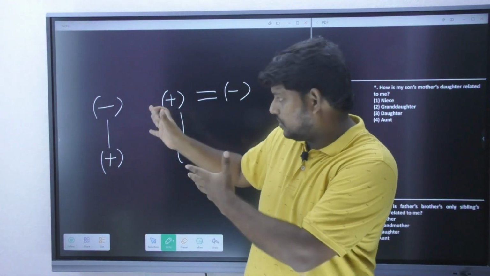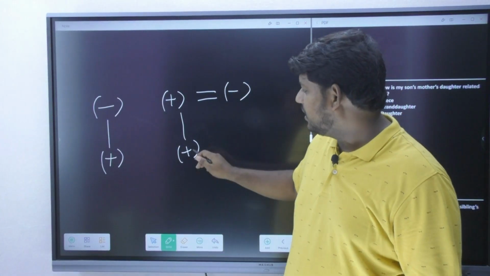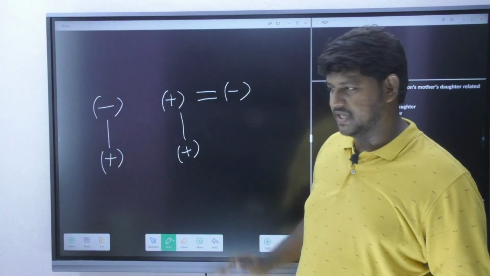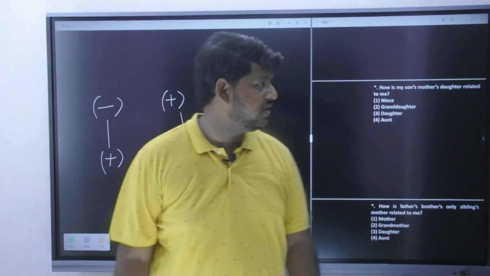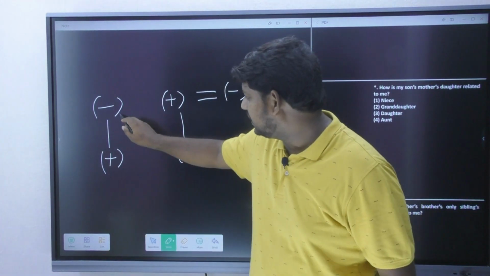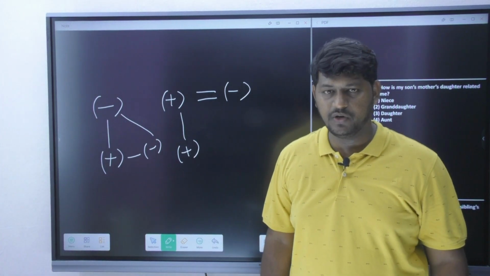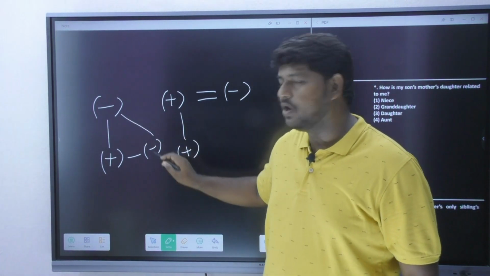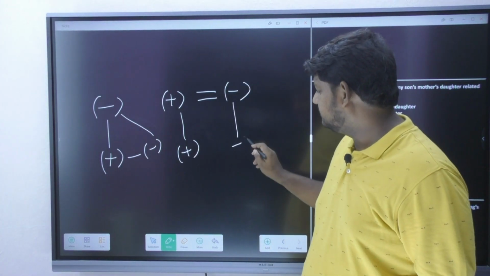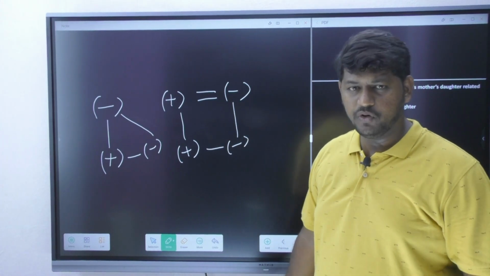Myself means, obviously, in the question we are talking about the speaker itself, or if the speaker is a male, his wife is going to be the son's mother. Two possibilities, right? Let us observe here. My son's mother's daughter. This is the way you are going to represent that. Mother's daughter is that person's sister, and here again the same information is conveyed in both cases.